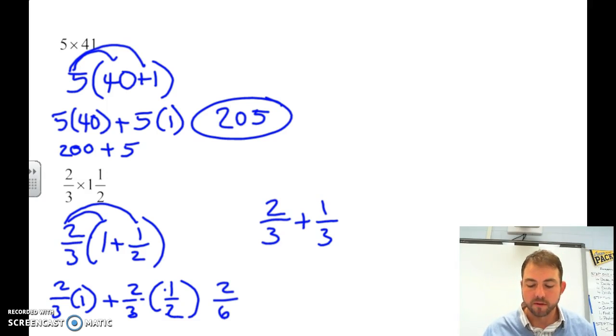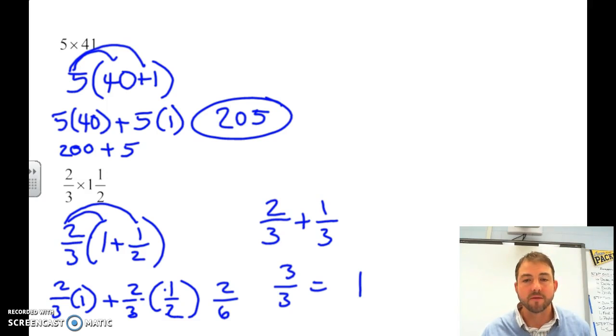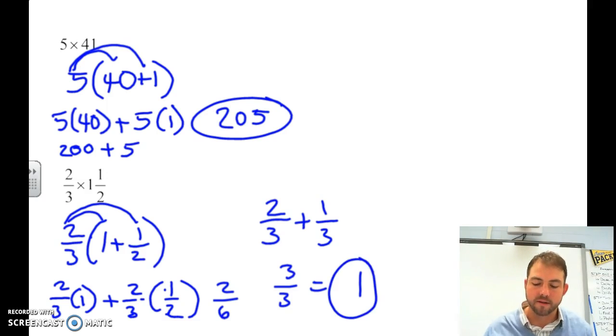Now what we're able to do is, we have common denominators, so we can add. When we add these together, we get 3 over 3, which then equals 1. So a lot of work to find an answer of 1, but that is the correct answer. Okay, now